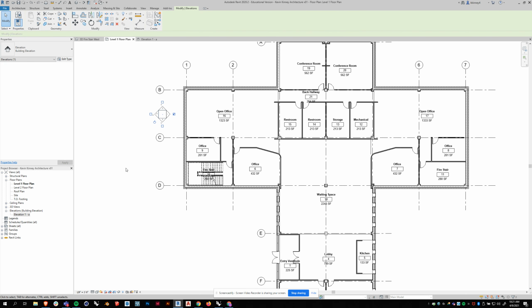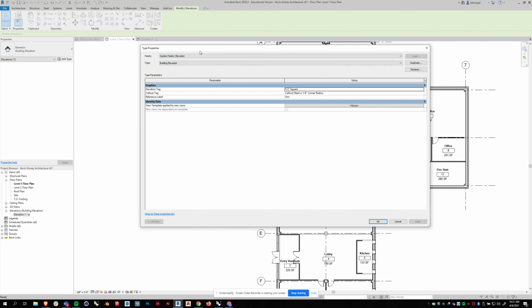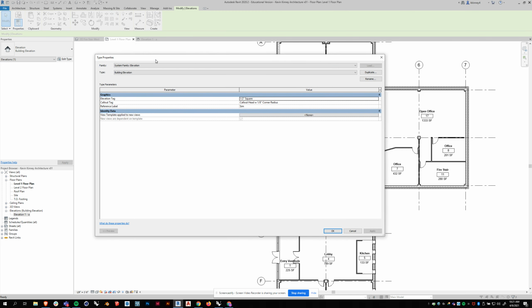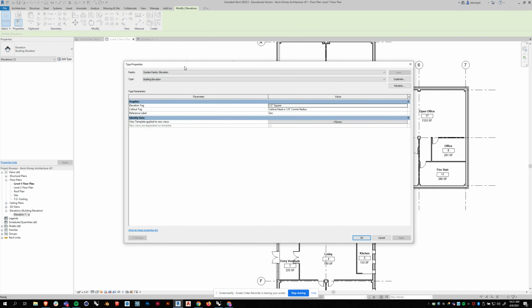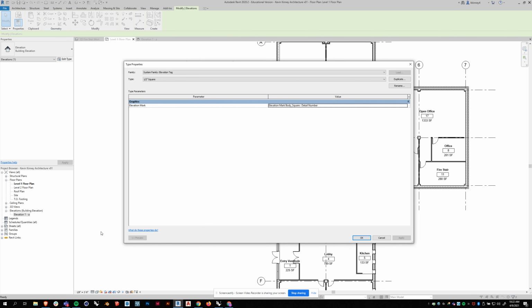So I'm going to select that square, go up, edit type. Okay. So this is the type that this tag is, and I'm going to hit duplicate, and let's call it building elevation VO2. Okay, so this elevation tag says half-inch square. So let's click in this area. Once you click in that row right there, this little button will appear over here. So I'm going to go ahead and click that. And I'm going to change the type to a half-inch circle right here and change the elevation mark to circle